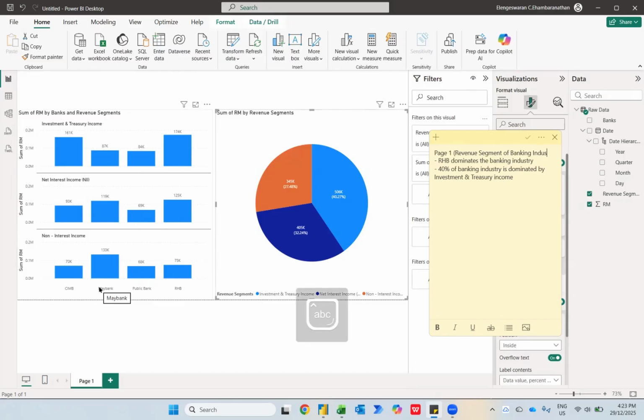So let me just change this. Okay, so now we understand page 1. So this is about data analysis and data storytelling. Now let me just create